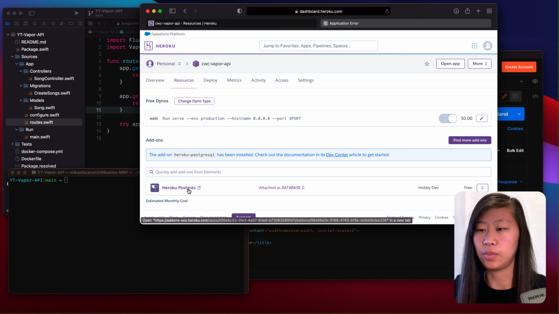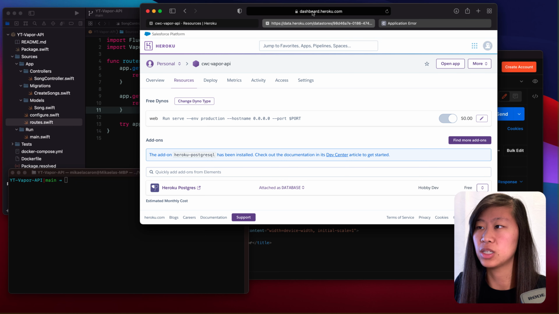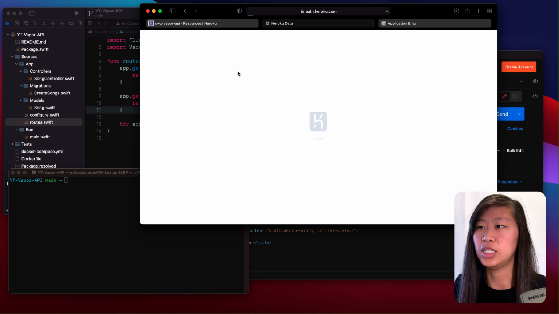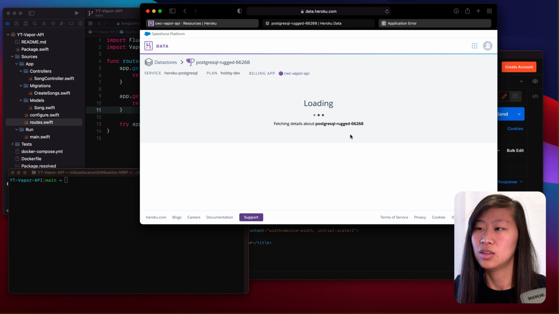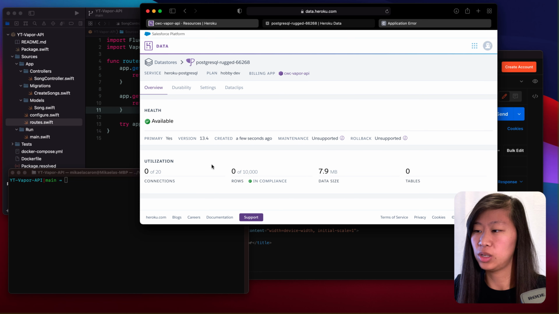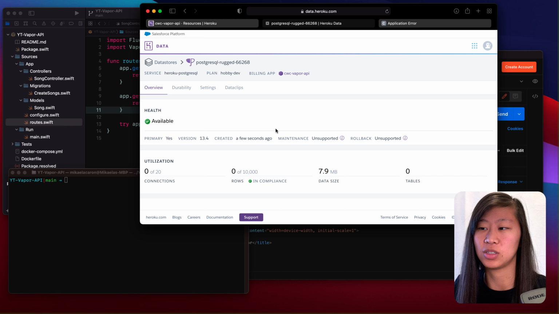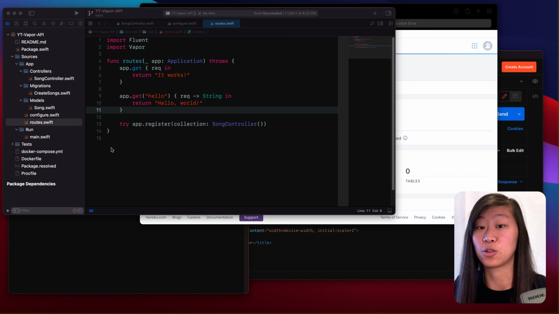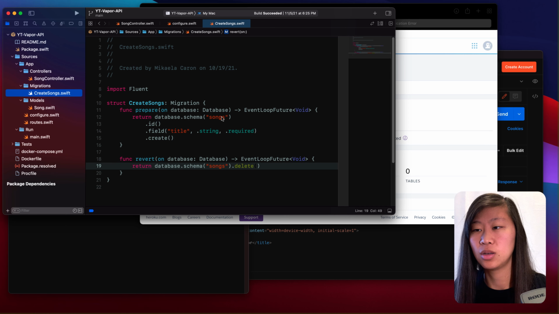So we have our database, and we can click this Heroku Postgres right here, which opens up a new window. It takes us to a new part of the website that tells us about the data and the database. So this is it fetching everything, and we can see we don't have any rows in our database because we just created it. So basically it exists as a database, but we haven't added any of our tables and any of our migrations. So when we go to migrations for create songs, here's our songs table,